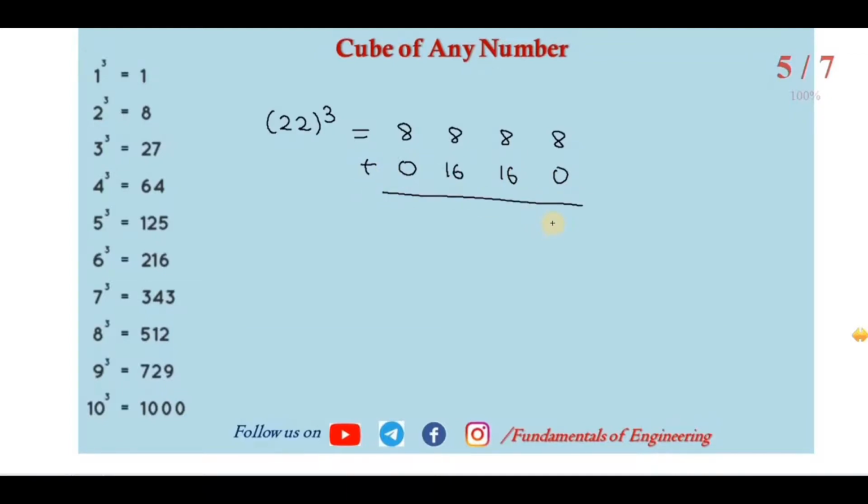Then you have to add. So 8 plus 16 is 24, 8 plus 16 is 24, and this will be 8. So we have to take the last digit. So 8 we have taken, then we have taken 4, 2 will be carry here, 24 plus 2 is 26, 6 will be taken, 2 will be carry here. So 8 plus 2, 10. So 10 I will write here. So 10648. You can see within 10 seconds I am getting that answer, right?